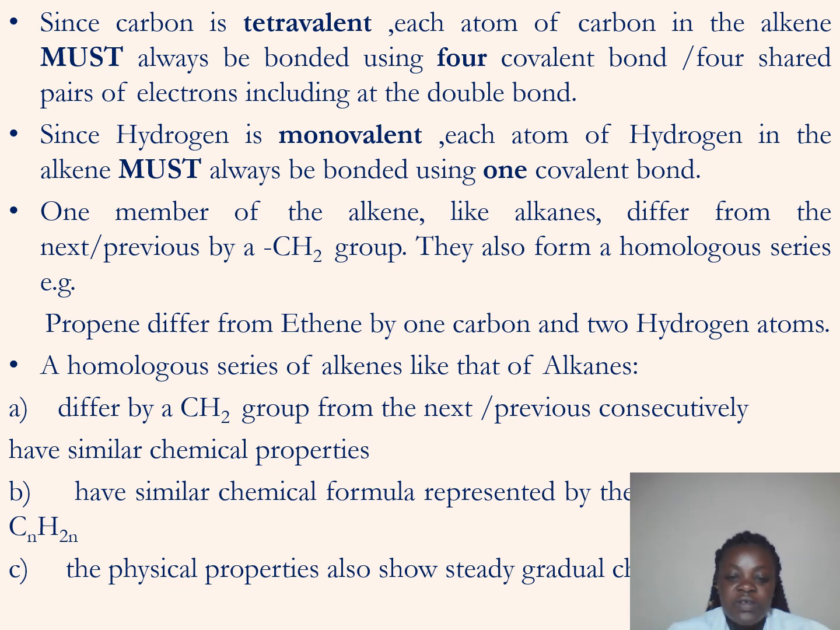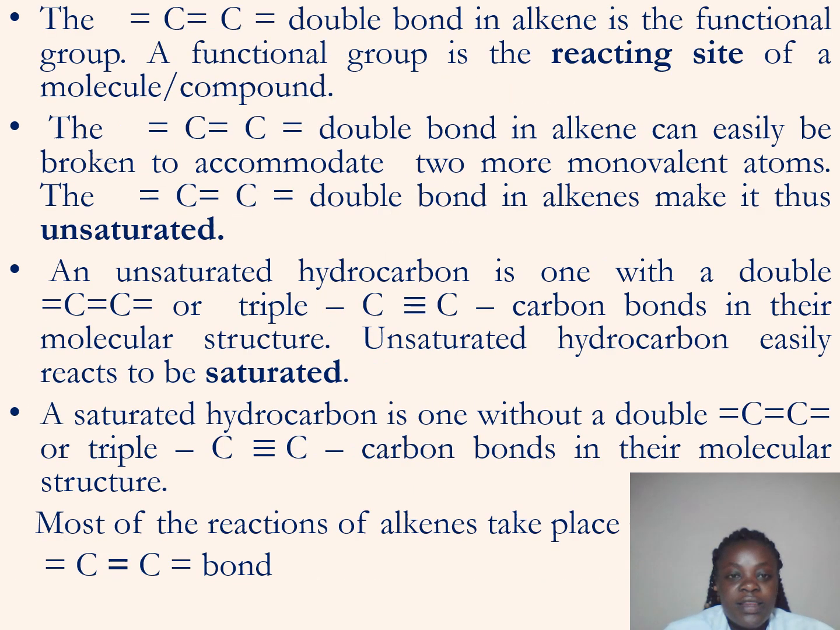The physical properties of the alkenes. The carbon-carbon double bond in alkenes is the functional group. What do we mean by a functional group? This is the reacting site of a compound, where most reactions take place, or where the reaction will start. So between the carbon and carbon with a double bond, this is where the reaction of that alkene